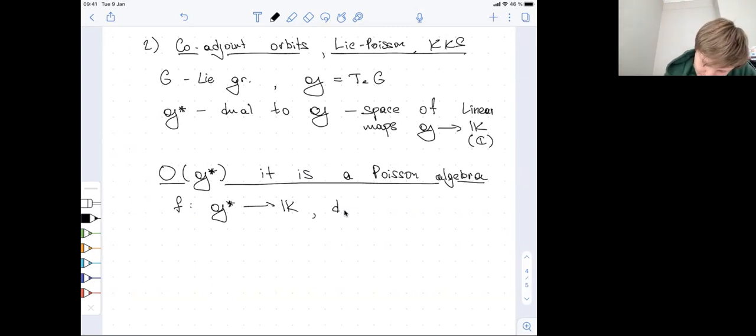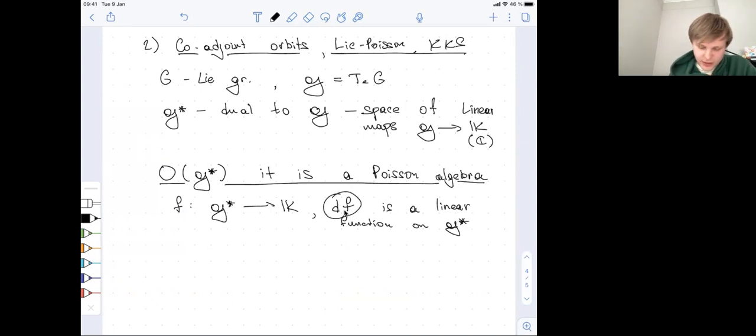Then the differential of this map definitely is a linear function on G star, by definition of differential. Since df is a linear function, it means that df for any function f is in the Lie algebra itself. And then the Lie-Poisson bracket